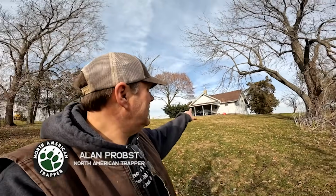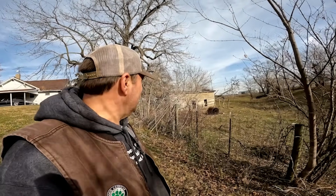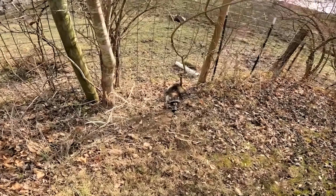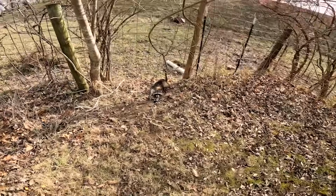But this is just that area. They got the house behind. It's abandoned. This little old barn or whatever to hold their horses maybe, or supplies, and this is where they're coming under the fence. You can see that he won't be coming under that fence anymore, but make sure you put those DPs in